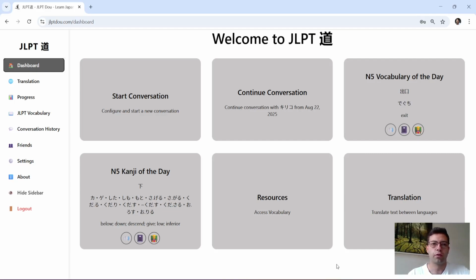Hello everyone, Georg from JLPTDAO here, and today I'll show you how you can use the context-aware translation feature of jlptdao.com. Here you see the dashboard that you get to when you log into the website, and to get to